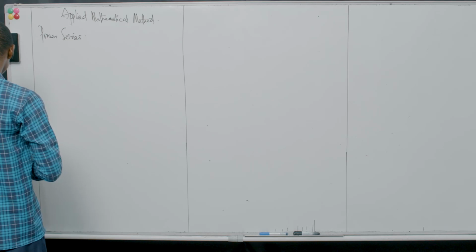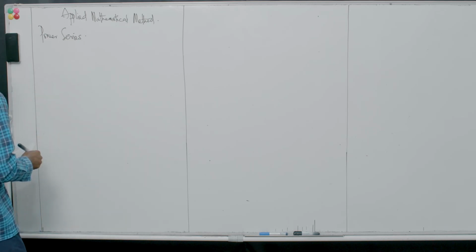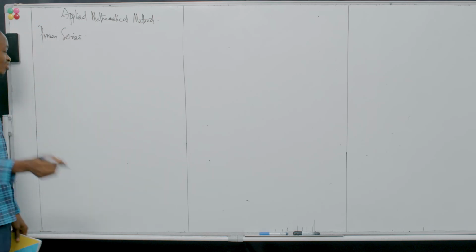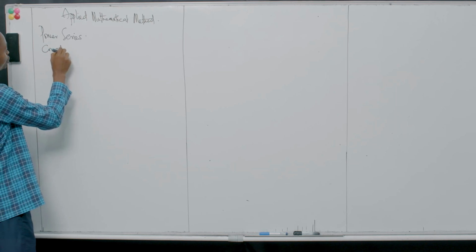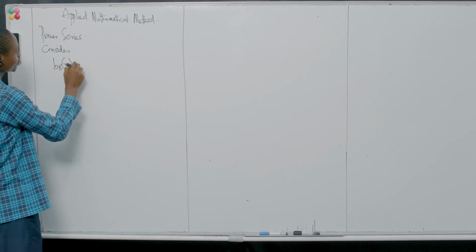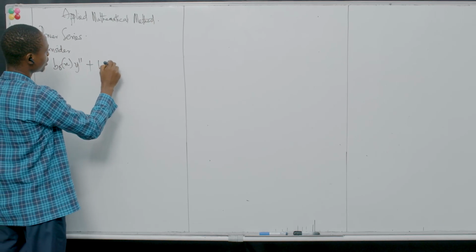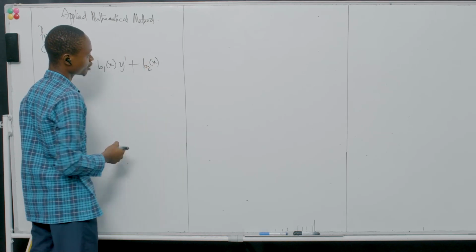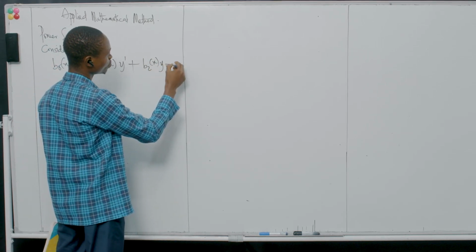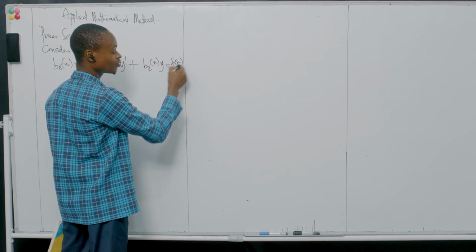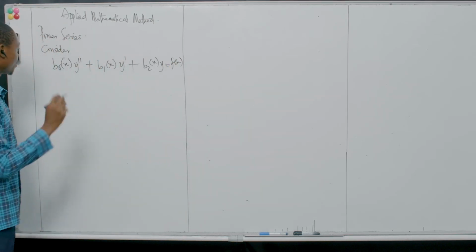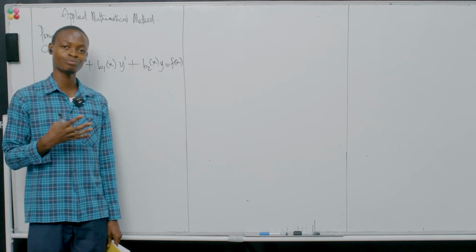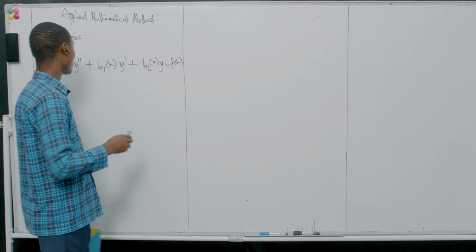Remember, if you have, let's just write a random ODE, b naught of x y prime prime plus b1 of x y prime plus b2 of x y, let's say, is equal to f of x, for instance. Let's just put f of x there. Remember, every single time we carry out power series, to test whether a function is ordinary point or singular point or whatever, our goal is always on